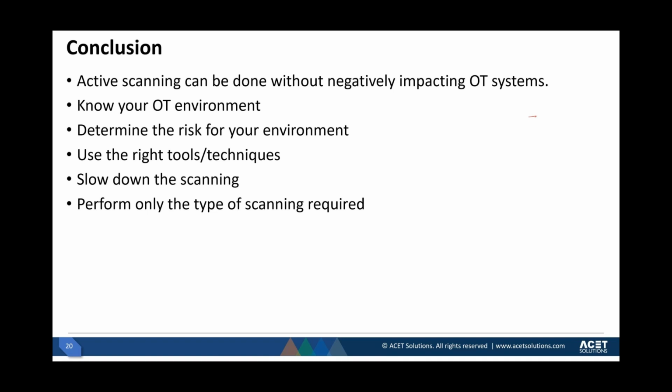Another question: how can I start my career in OT security? I'm interested to transition. Okay, so a lot of people want to get into OT security, which is good because we do need resources in OT security. I actually have a separate webinar for that as well. I'll answer these questions separately because they're not directly related to the topic. So I'll skip that for now. One more question up there.